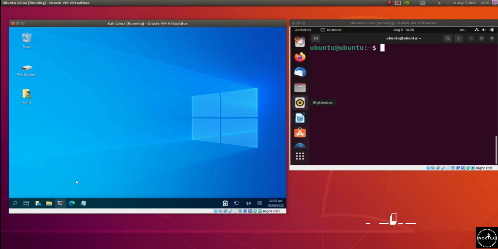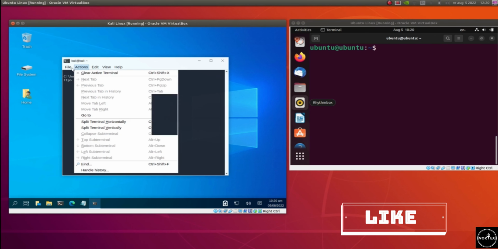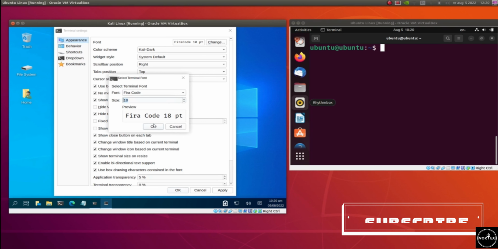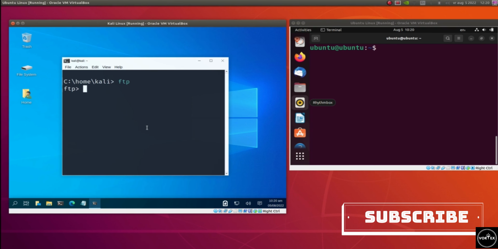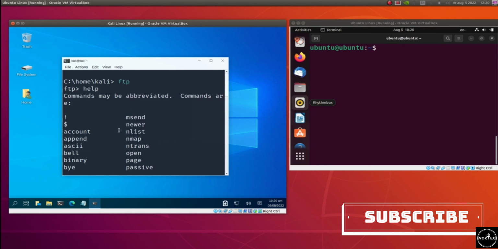System. So regardless of whether it's Windows, Linux, or Mac, there's always client software called FTP. If you type FTP on any system, you'll get this shell. Now I'm gonna make it a bit larger. Typing FTP on any system will give you this shell where you can type commands. If I type help, you'll see all the commands for the FTP protocol. And there's really a lot of stuff